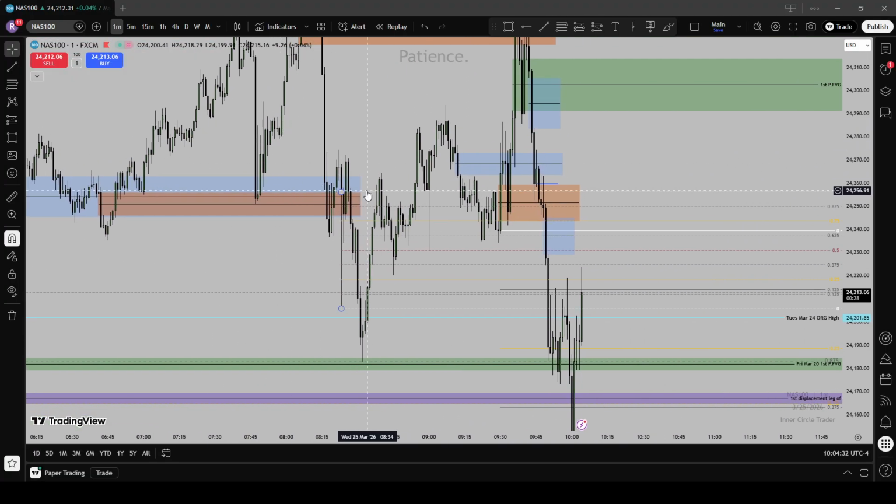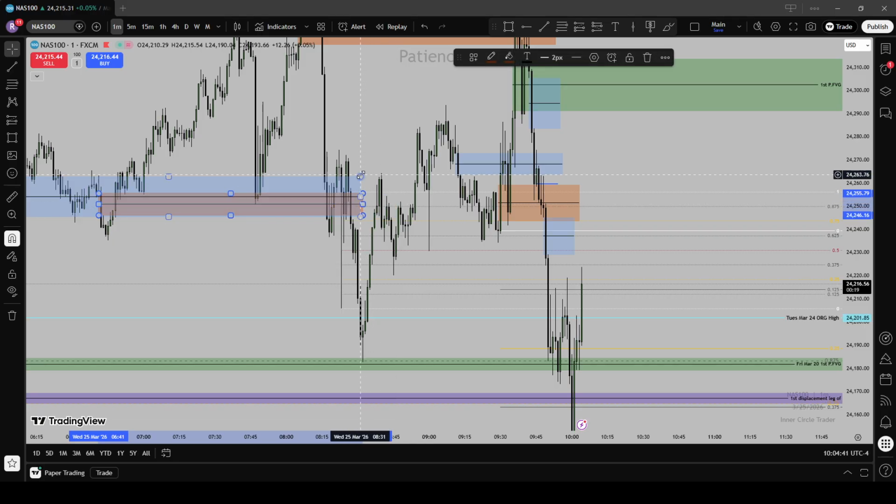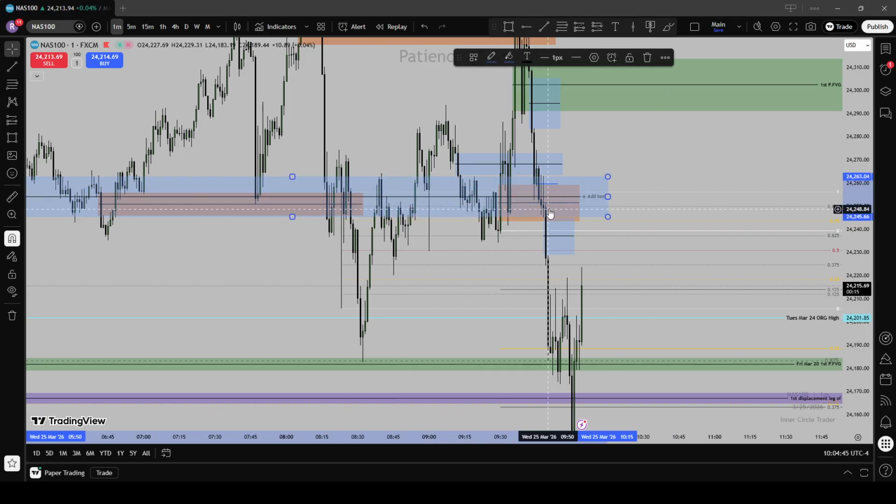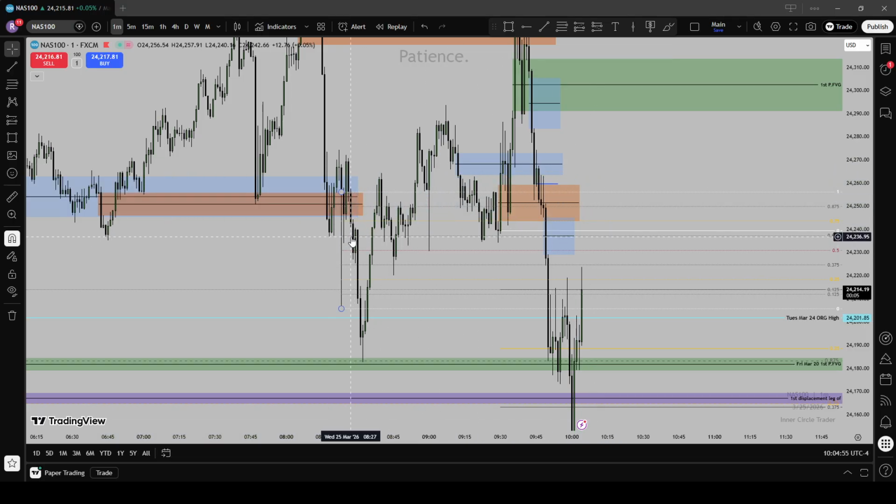This 5 minute and 1 minute overlapping. Check out, we closed on the lower end, tapped the consequent encroachment and ran down. Same with this one. See how the bodies are continuously on the lower end. We tapped the high, but still closed at the lower end. And then this wick,